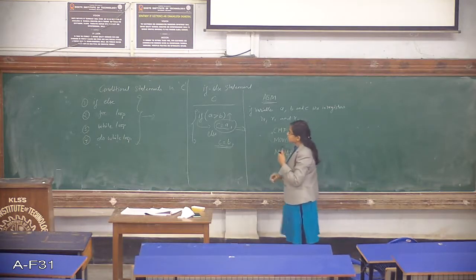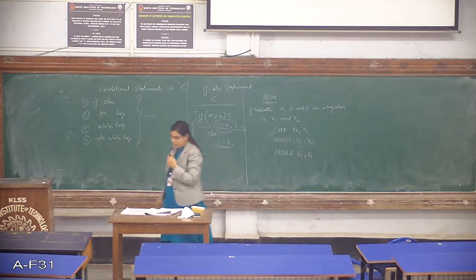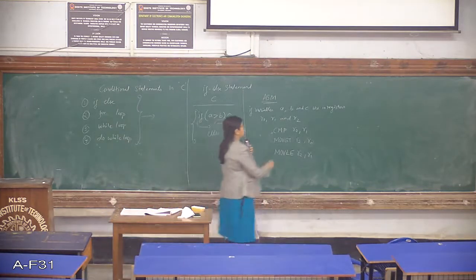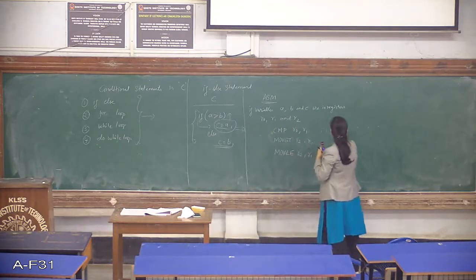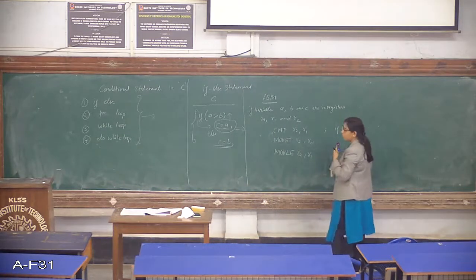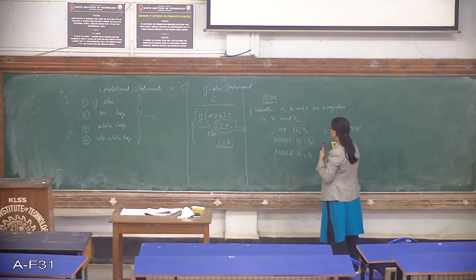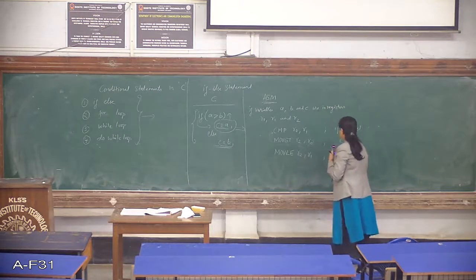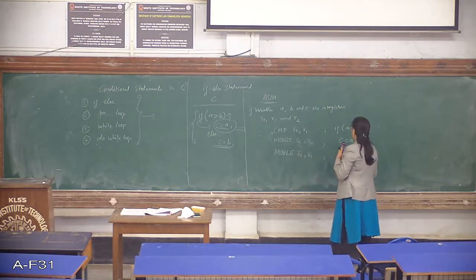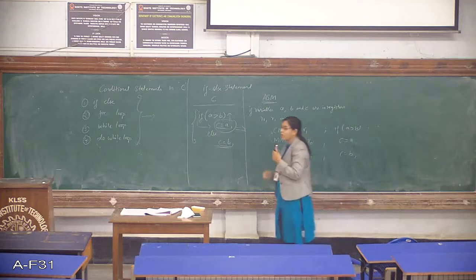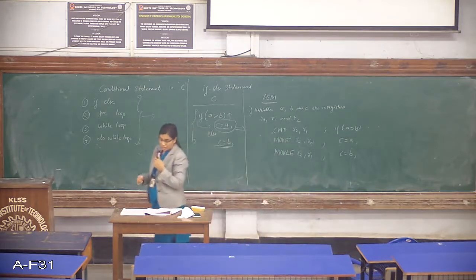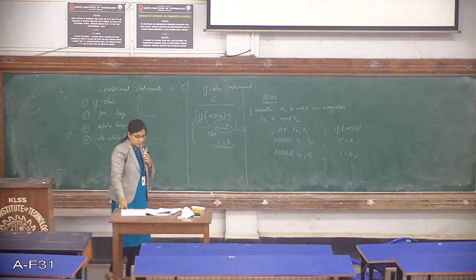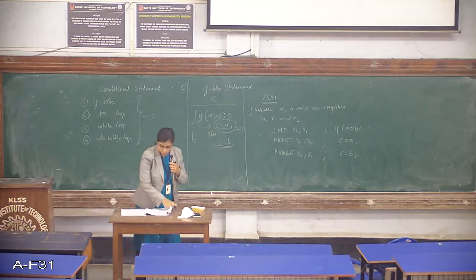So this is the compiled code you get once you compile the C code. The first instruction is for if A greater than B. The next instruction is doing your assignment, that is C equals A, and the last instruction is nothing but C equals B. So this is how your C code will be compiled into assembly code. Very simple program of an if-else statement. Okay, so let us go ahead with a few more programs on this.